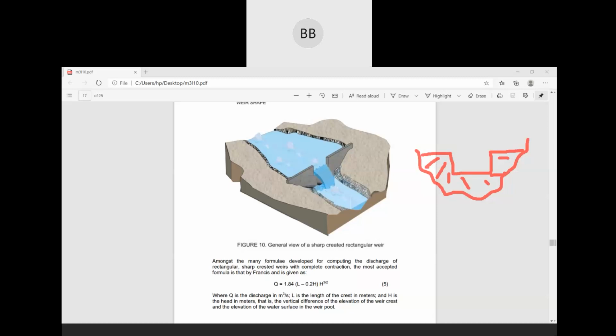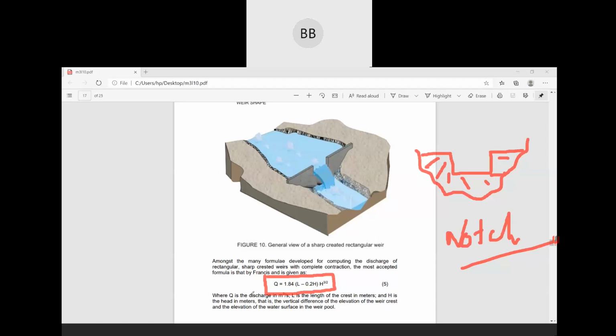So now water is coming through that particular section, and the shape of that section we know, that is rectangular. Using that particular equation we can easily find the discharge of that section by constructing a weir. The proper term is notch, you can also say this is your notch. So it's a sharp crested weir.